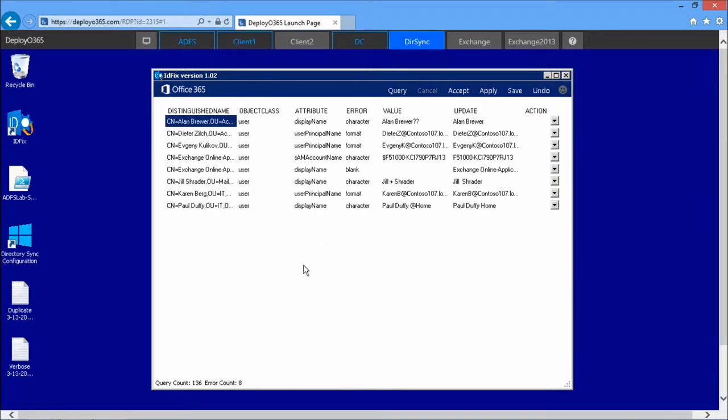What it came back with was all the names that I know are going to fail if I try to do DirSync. And so this is where I used to have to search through this. Maybe the value has some question marks. Maybe it's .local. Maybe it has characters or is blank. All of these would have failed within DirSync, and I would have had to look in the event viewer, had to go through each one of these line by line. But instead I can see what